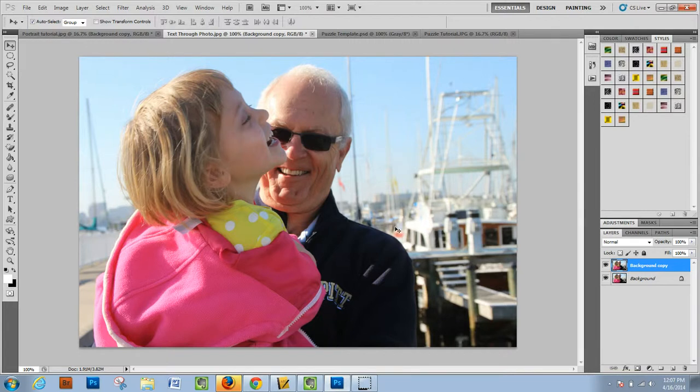Hello students, today I'm going to show you how to pull a photo through some text and kind of give it a little bit of flair. The first thing that we want to do as always is copy our background layer, and the next thing I